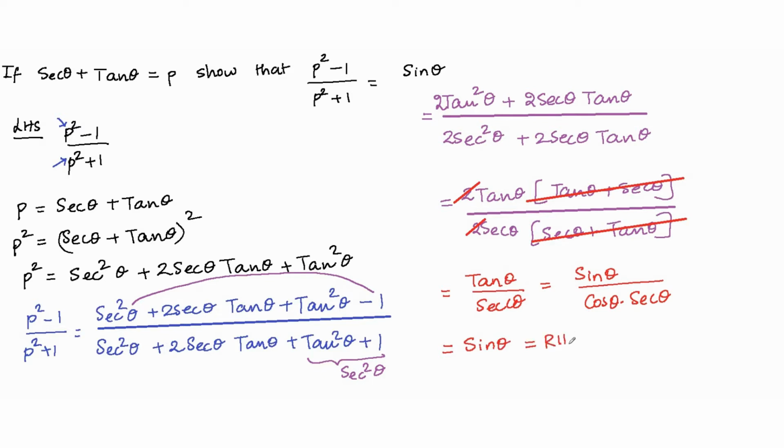So what I noticed in this problem was, because p was given, I started off with finding p square, right? So here this was my LHS, and then I found my p square. I found the value of p square, and then I substituted p square in the given expression. I noticed that sec square minus 1 was tan square, so that simplification happened, and 1 plus tan square was sec square. And in this step, I used the concepts of factorization, right? So this is how I went about this.